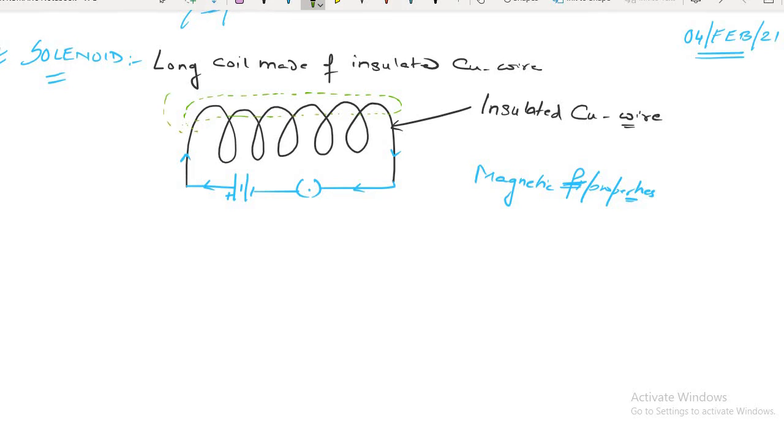Okay, just check. What I am doing is different from a bar magnet. You have to understand this very carefully because this comes in your examination.